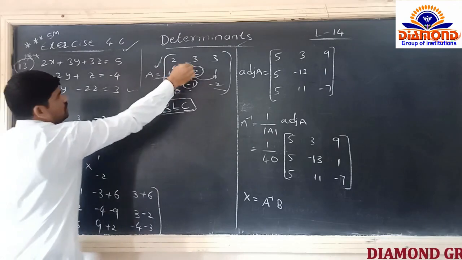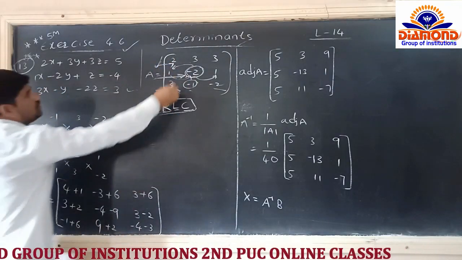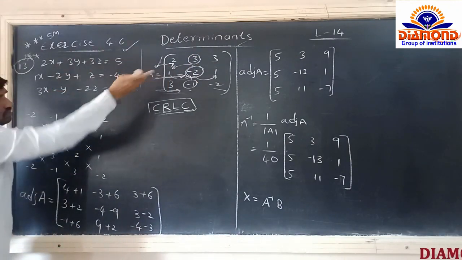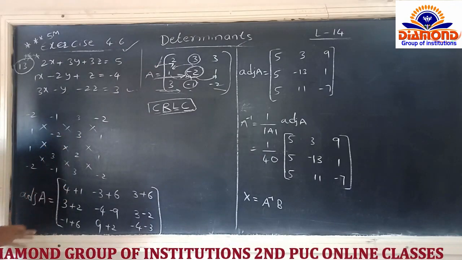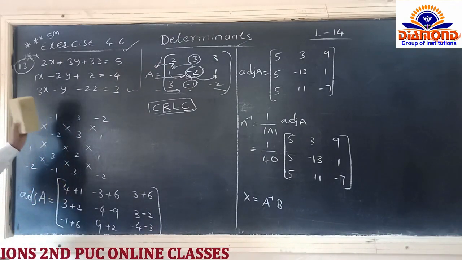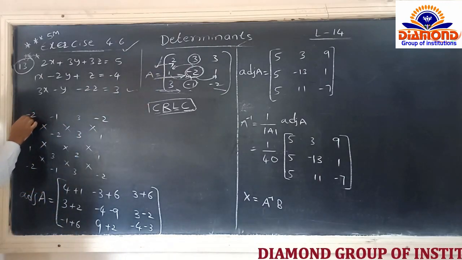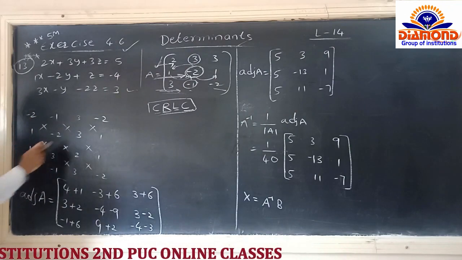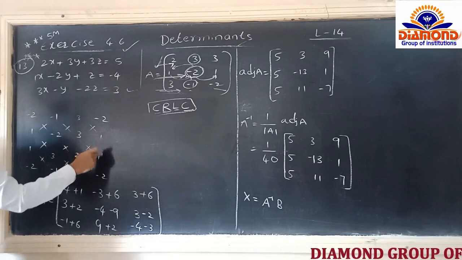Completed. See here, we are going to start with the first row. In between having the 3 means we write the 3, again right 3, again left is 2, again the center one is 3. Completed. After completion of these 3 rows, now we have to write whatever the first row is at the last. Minus 1, 1, 1, minus 2. Minus 2, 1, 1, minus 2. Minus 2, 1, 1, minus 2.